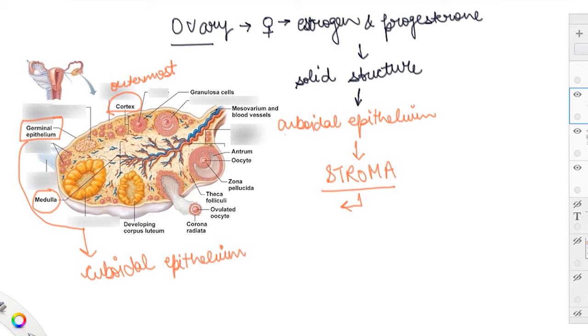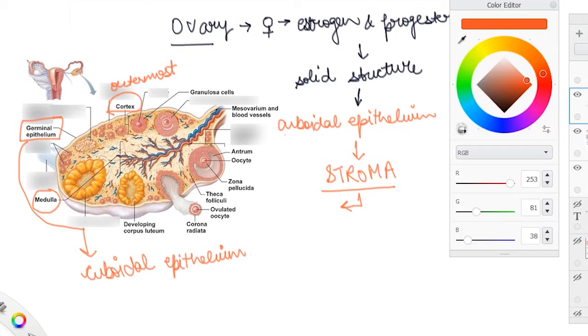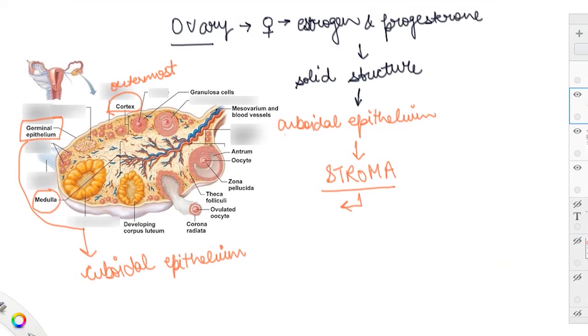Now this outer one is obviously the cortex, and as you can see from the figure itself, let me again change the color of the marker so that I can help you understand the concept. This time green, a very decent color. Just to make you locate everything in the flow chart. As you can see from the figure, this portion, although green is not visible that much, this particular loose portion is known as the medulla. So this medulla is termed as the loose layer within the ovary.